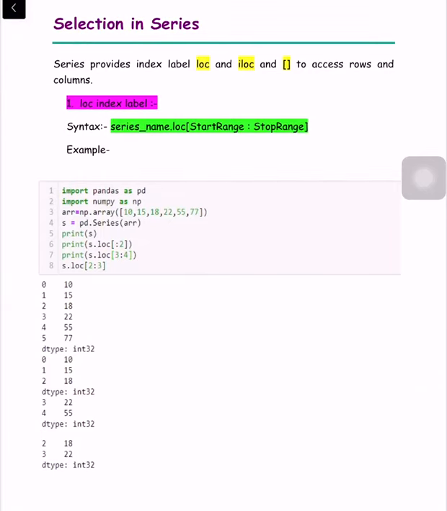In the previous class, we have seen how to create a series. Today, we will see how to access the different parts of the series that we have already created. So, the series provides index label, LOC, and ILOC, using which you can access different rows or columns inside the